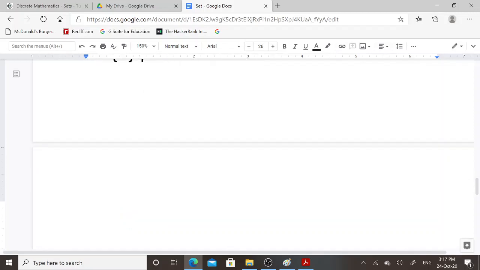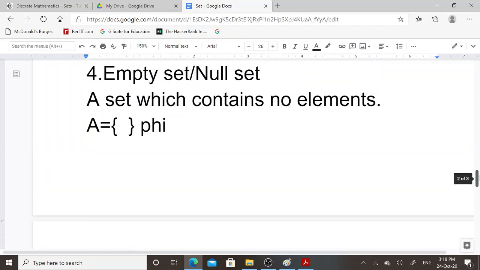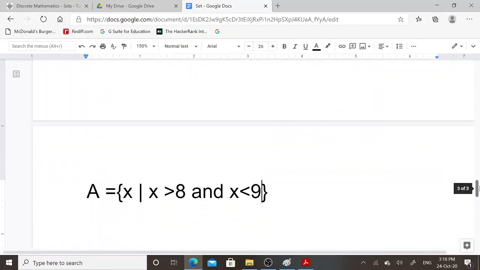So what is the example of null set? If I specify set A equal to X such that X is greater than 8 and X is less than 9. Consider an example in set builder notation form.